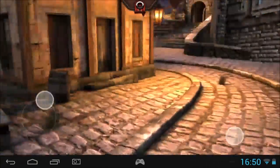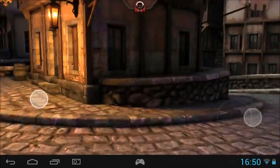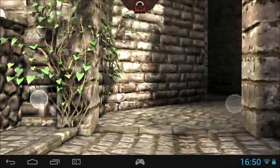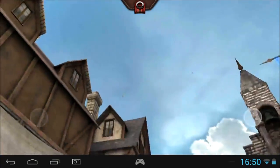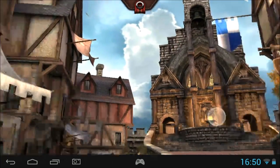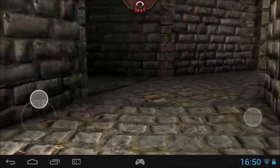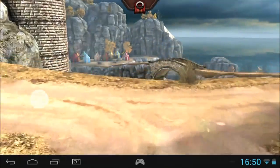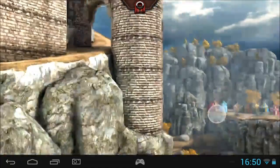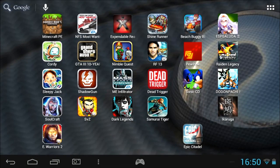Okay, so trying to find the way down outside of town, because it really looks magnificent. There's even birds flying in the sky. There's banners floating in the air. Ah, here we have the outside. Very nice looking game. And there you have the Citadel. So yeah, let's move on